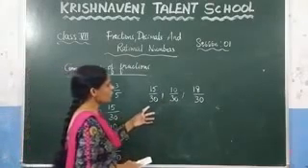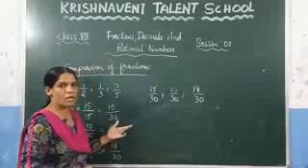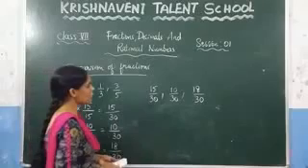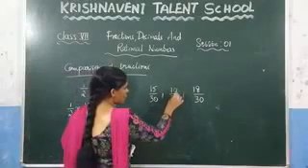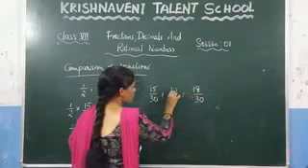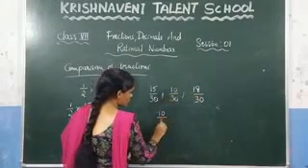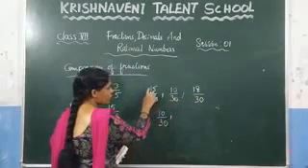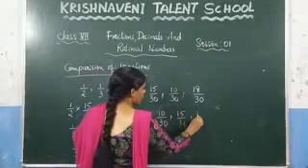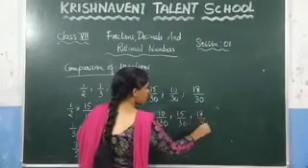Now if you want to write these in ascending order, what is meant by ascending order? From smallest to biggest. So what is the smallest fraction here? Among 15, 10 and 18, what is the smallest number? 10. So this is the smallest one. After that, 15 by 30 is the next smallest. And after that, 18 by 30, which is the biggest.